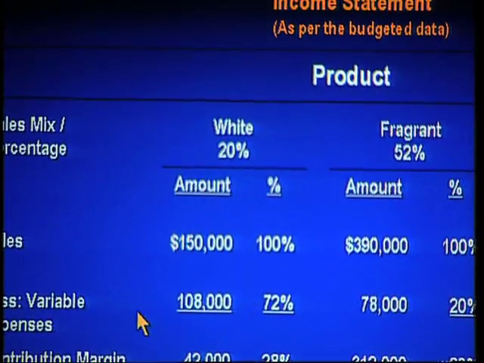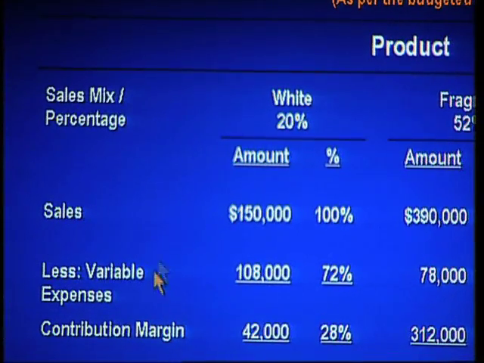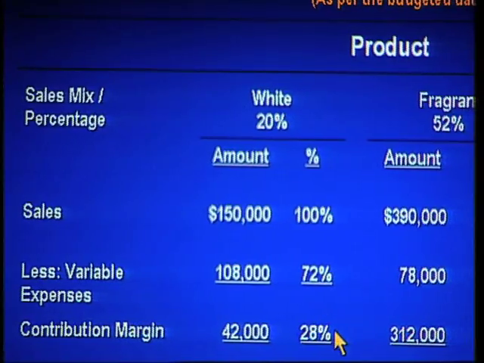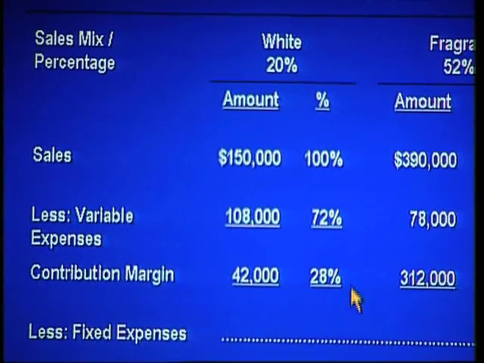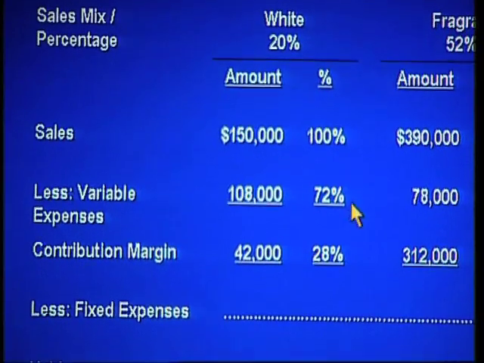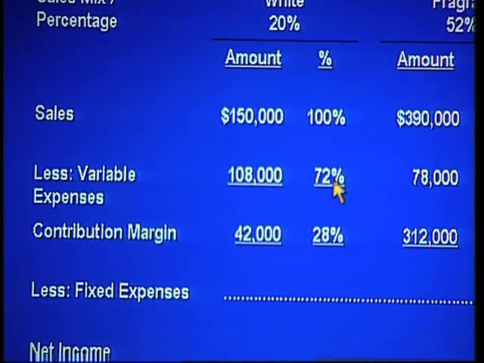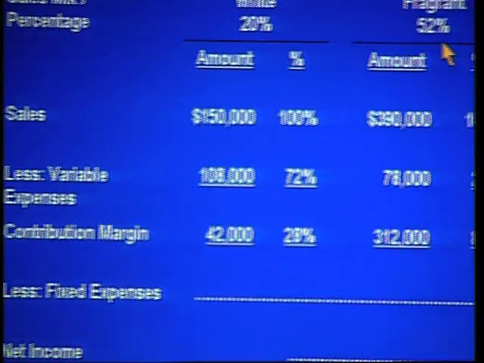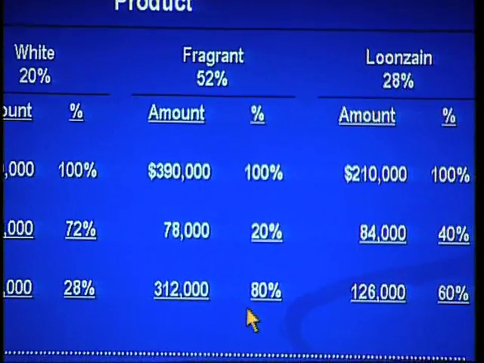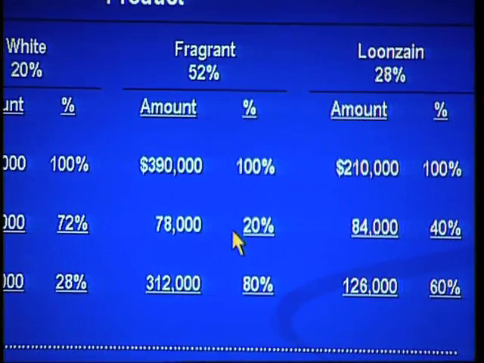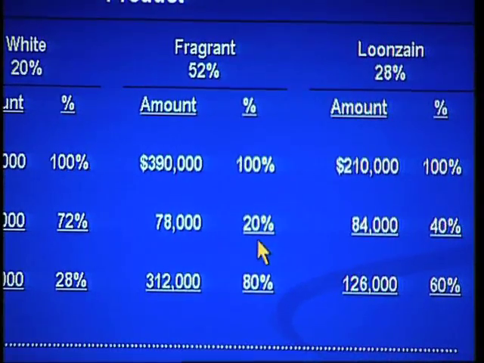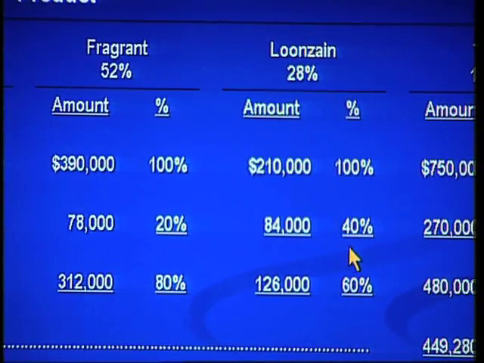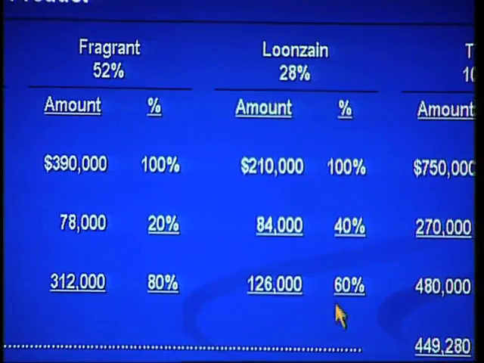Now look at the variable expense ratio. The variable expense ratio of white is 72%. And the contribution margin ratio is only 28%. So you can understand this is the low margin product with high variable cost and low contribution margin. On the contrary, fragrant is the high margin product which contributes 80% and the variable expense ratio is only 20%. For Lunzaine, which is in between these two products, the variable expense ratio is 40% and the